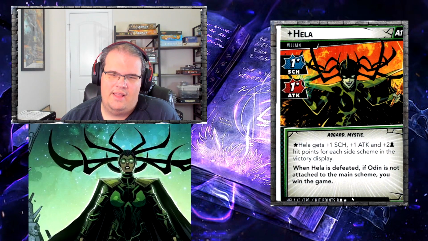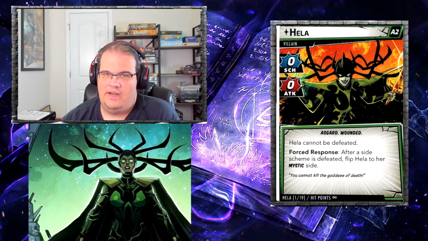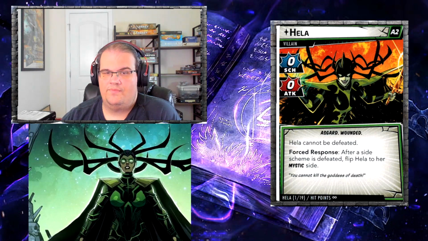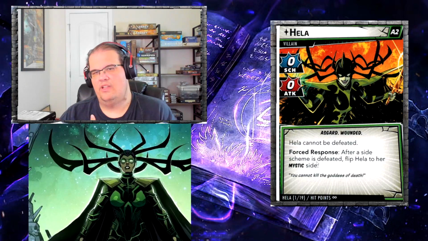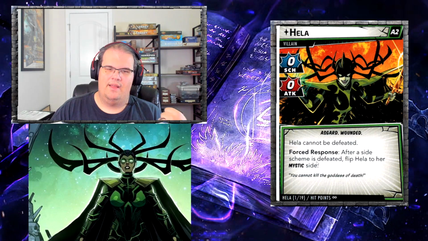You'll also note that she has the Mystic trait on this one, and this comes into play because on A2, she is wounded. She is no longer the Mystic. 0 scheme, 0 attack. Hela cannot be defeated. Has infinite hit points. And after a side scheme is defeated, flip her back to her Mystic side. So pretty much, I'm assuming the way it works is, if you damage her enough, she flips down to get wounded, loses her attack power and all that, but you also can't win the game until she comes back up